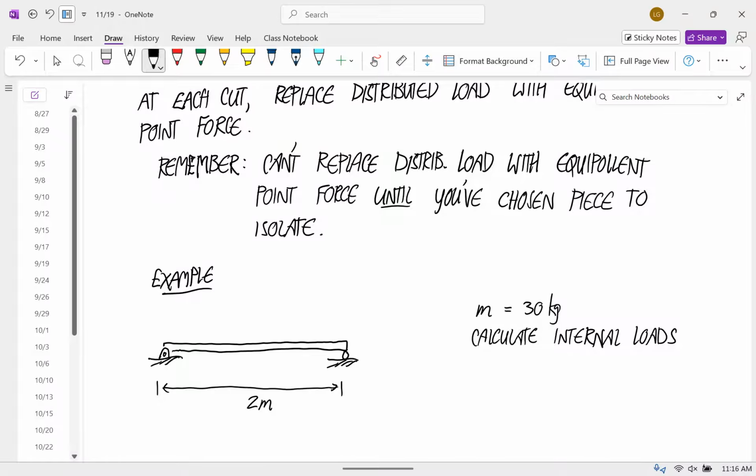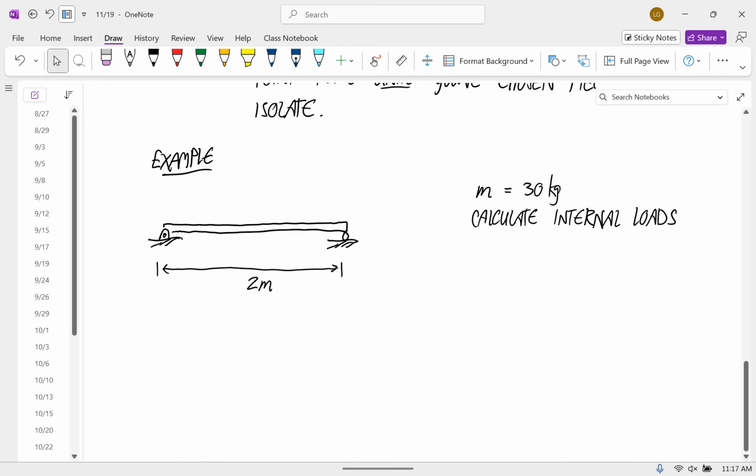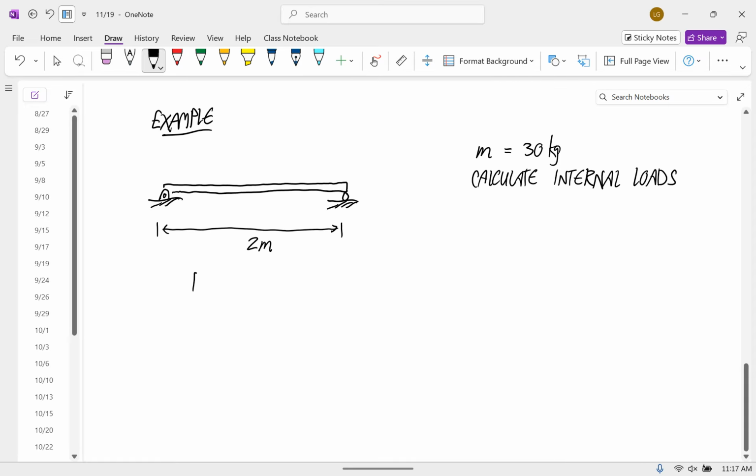Okay, so where can the subfunctions change here? Are there any places? So think of the list I gave you right at the start. Look for any places on here where there's point forces, point couples, or distributed load changes. Yep. The mass. So let me first draw a free body diagram of the whole thing, and then maybe that'll